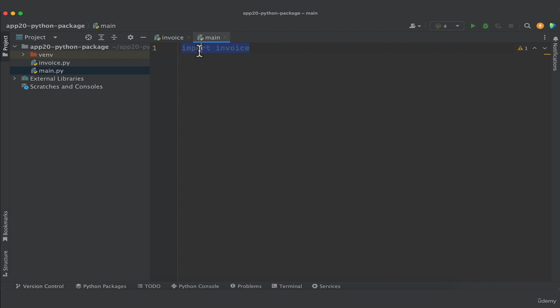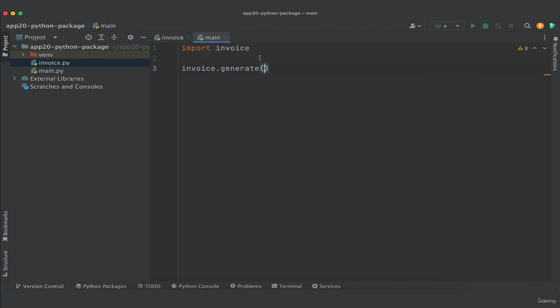Now this works for now because invoice is in the same directory as main.py, right? In a real scenario, the user would install invoice from PyPI, right? And then they would import it the same way. But for testing purposes, we don't need to upload it to PyPI yet, since we have it here. So import invoice and then